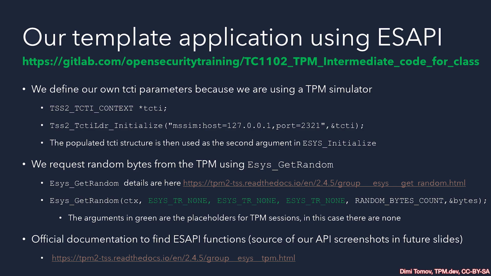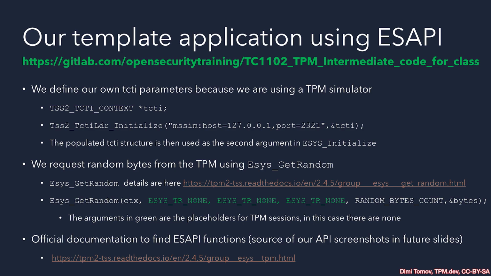Here we'll see its prototype. We need to pass the context, our ESAPI context, and here the 3 authorization slots that we usually use for MITM, for machine in the middle protection, for password authorization, and so on, or policy authorization, which we'll learn about in this course. We'll leave them empty because the purpose now is just to test: hey, can we build the template? Can we use it as a base moving forward?